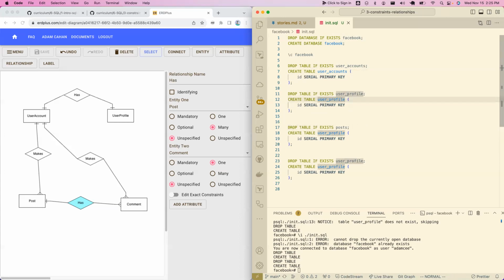And I'm used to table names being plural. So I forget if that's convention or not. So not posts, but comments. I'm going to create the comments table. So I've got user accounts, user profiles, posts,